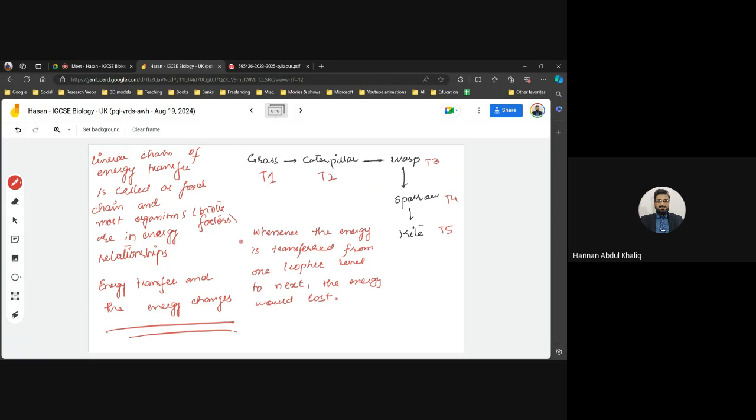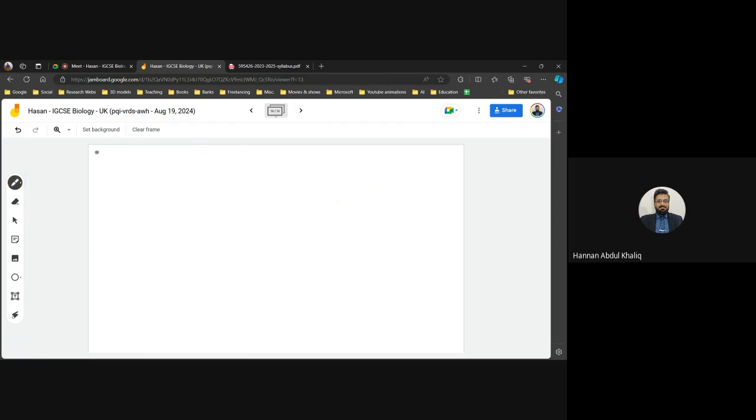Now, why do we say that the energy is lost whenever it gets transferred? First of all, always remember that we have laws of thermodynamics. The first law says that energy can neither be created nor destroyed. This is a universal rule. This is one rule. The second rule of thermodynamics, the second rule of energy, is that with each transfer